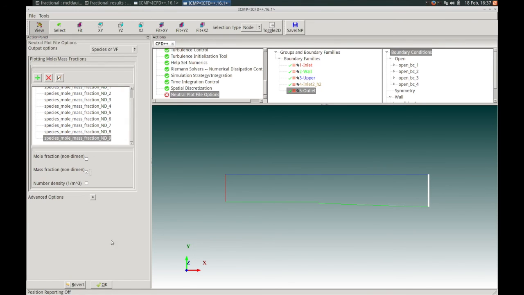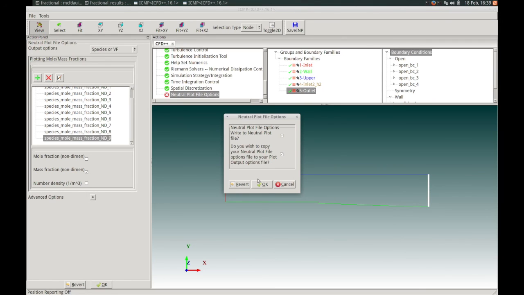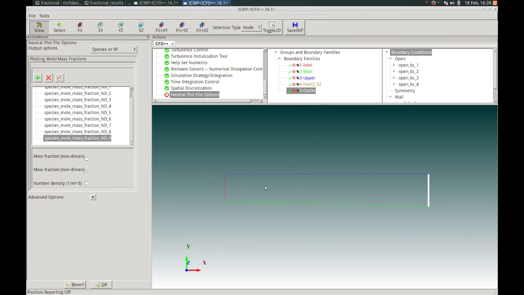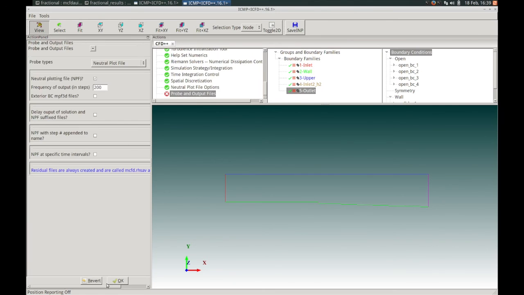And press OK. At this point, you'll receive a prompt asking you if you want to copy your neutral plot file options file to your plot output options file. You can press OK. And then press OK to close the neutral plot output file options panel.